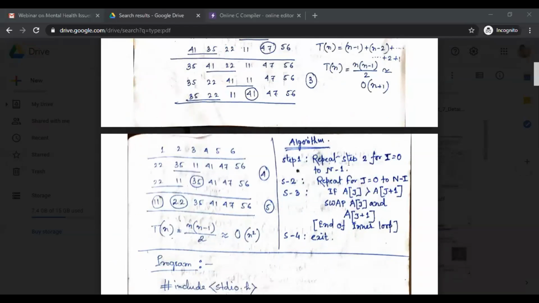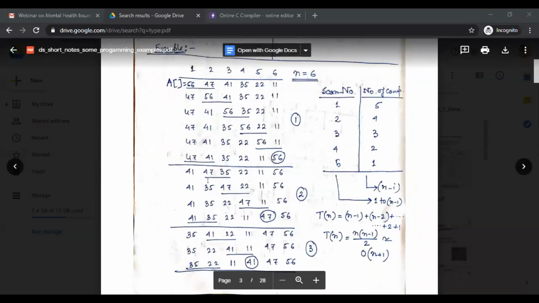See, repeat step 2 for i equals 0 to n minus 1, because as I already told you, we have to execute the loop 5 times in this example, because here n is equal to 6. That's my loop number.